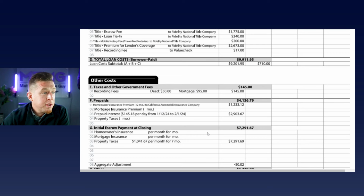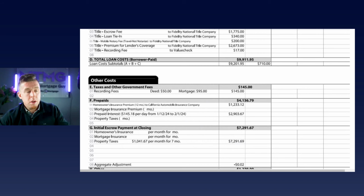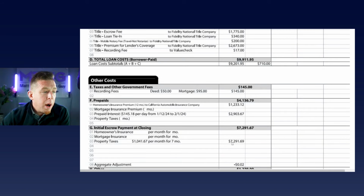It explains escrow accounts. But for your purposes here, a lot of people are thinking, man, there's a lot of closing costs involved. Well, these are costs that you're going to pay no matter who you're working with. You've got to pay 7 months of property taxes, because when this loan closes in February and we've got a first payment due in April, an April tax installment of 6 months taxes is going to be due